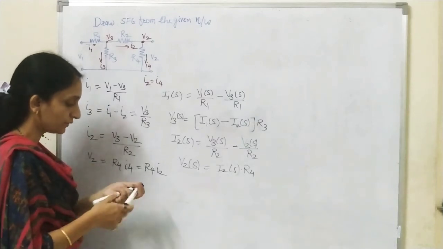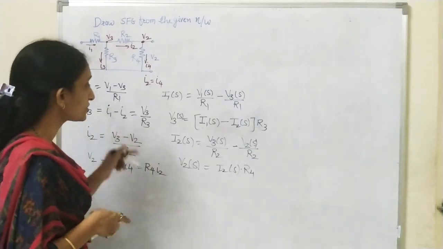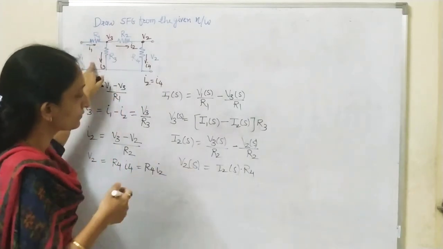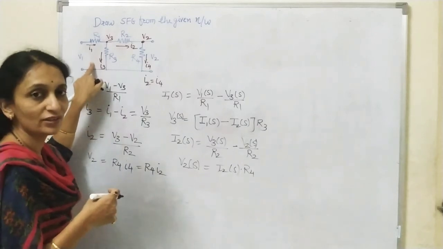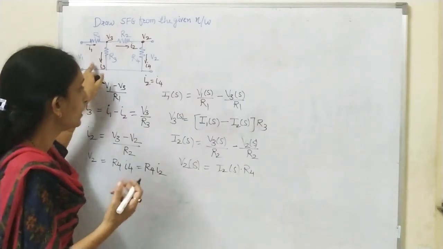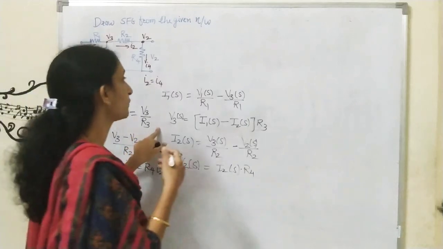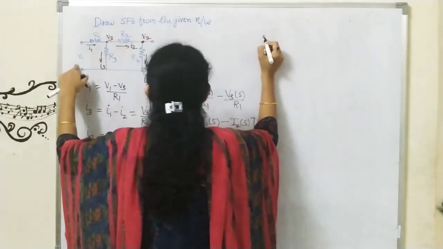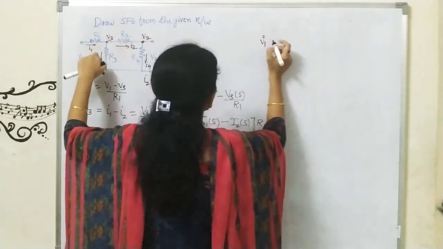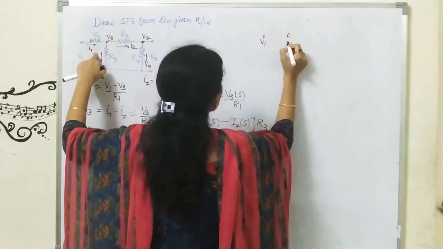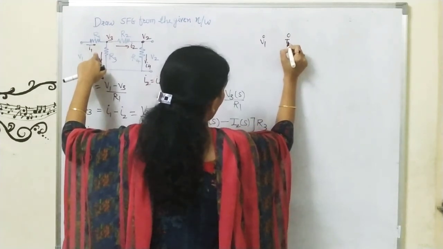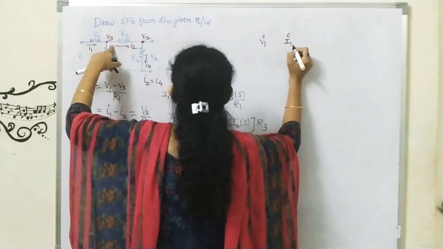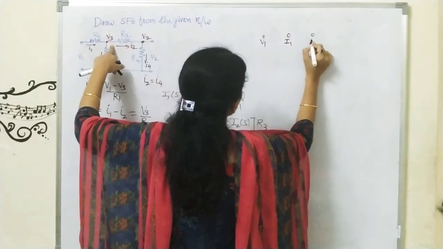Now we will draw the SFG. We have just discussed that these are the variables, and we have written the basic equations in terms of variables only. If required, we will rearrange those equations. So look at this. The first node I will consider as V1. The second node is nothing but I1, as I have taken Laplace, so I will write I1 here. Now next is V3.